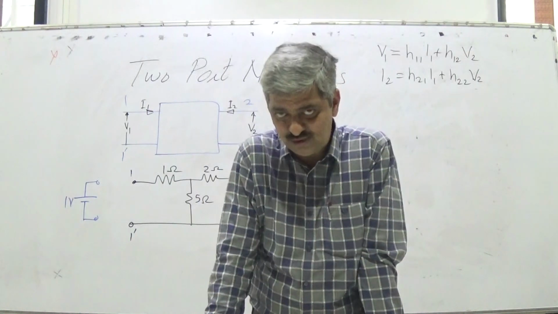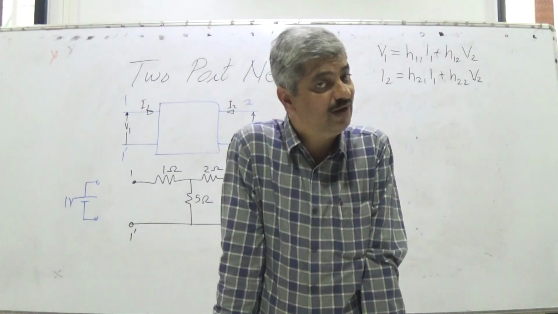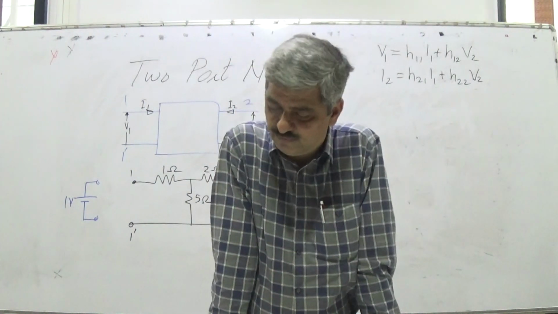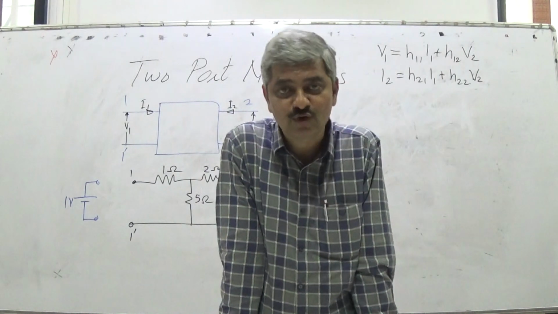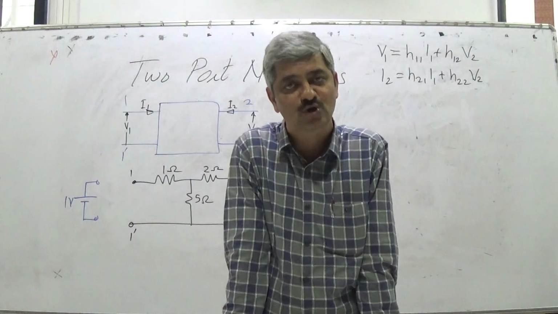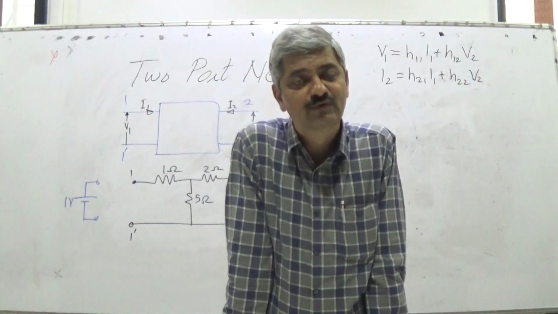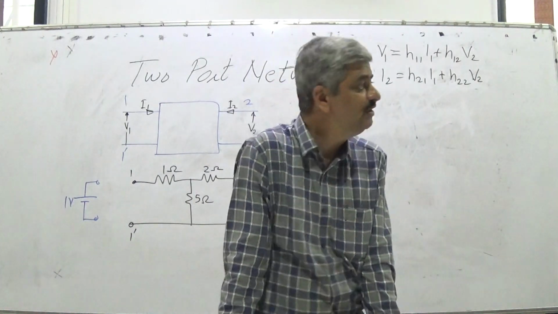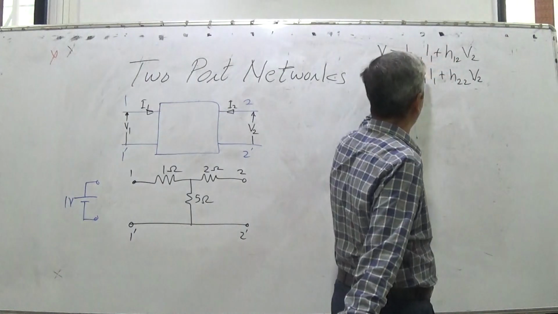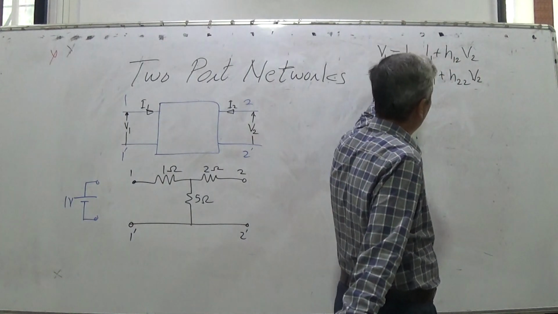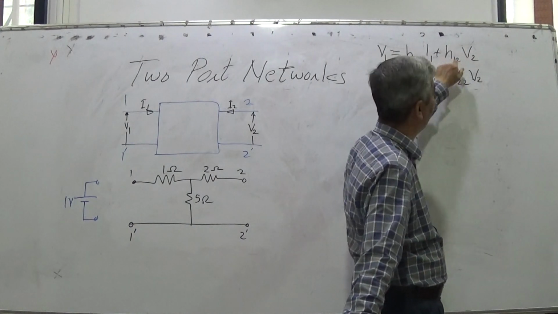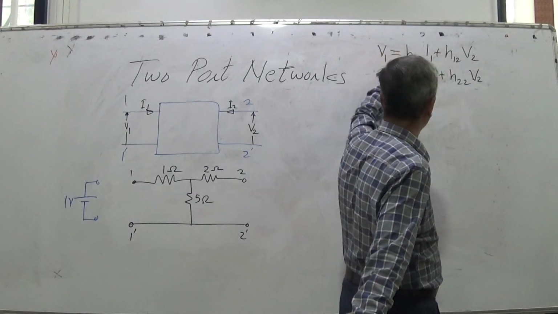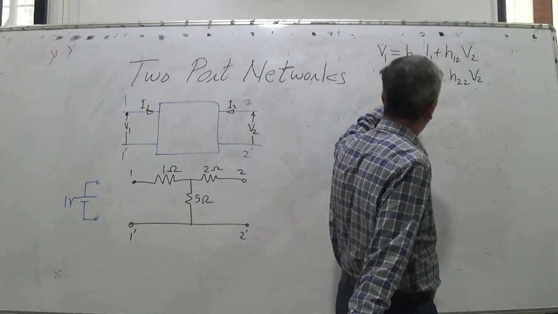While calculating Z parameters, we kept one port open because it was a weighted sum of currents. In case of finding Y parameters, we kept one port short because it was a weighted sum of voltages. In case of hybrid parameters now, we will be required to maintain either open or short depending upon what parameter we want to nullify. We want to compute H11, so while computing H11, you don't want the effect of H12. The effect of H12 gets nullified when V2 is 0. If V2 is 0, it means port 2 is short. When you make port 2 short, you can use equation 1 to find H11, and at the same time you can use equation 2 to find H21.